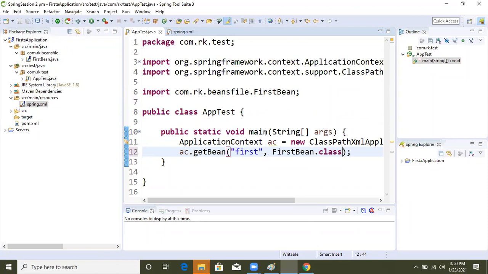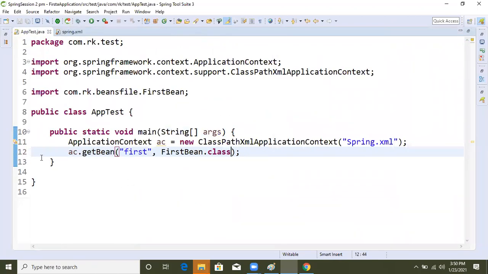It will load it and return the same object, FirstBean fb.